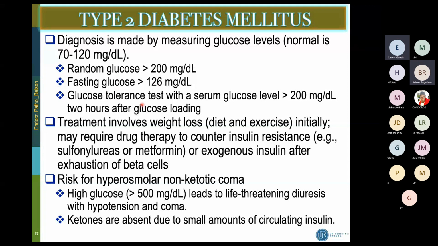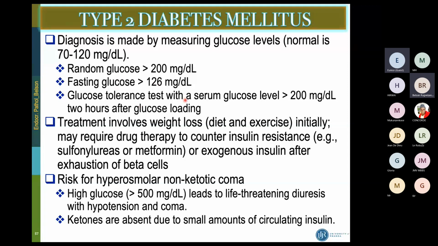So there is a glucose tolerance test, with a serum glucose level of more than 200 two hours after glucose loading, and so on. So the treatment here involves weight loss. As I said, type 2 diabetes mellitus is related to lifestyle, obesity and so on. So weight loss through controlling the diet and doing exercises initially, but it may require drug therapy to counter insulin